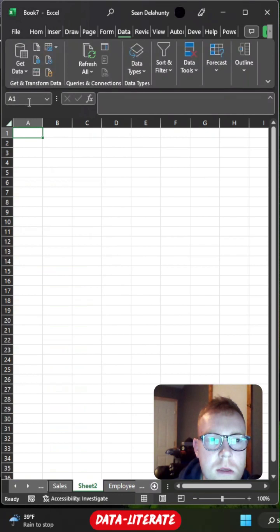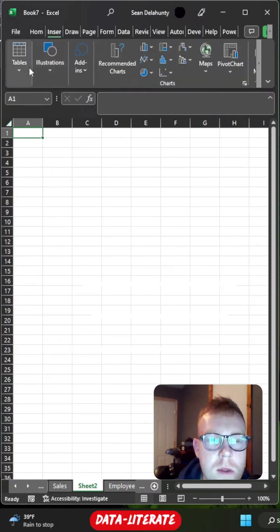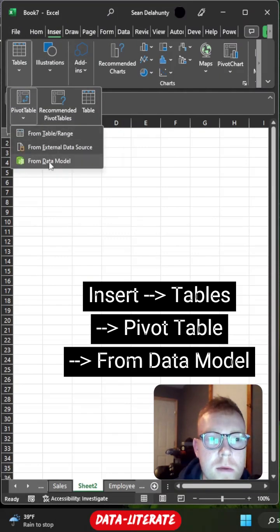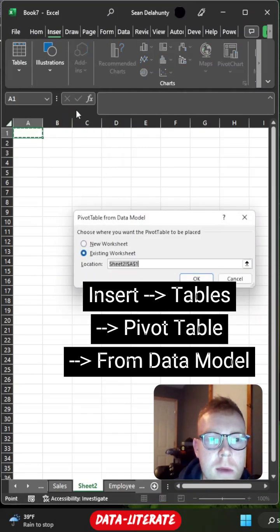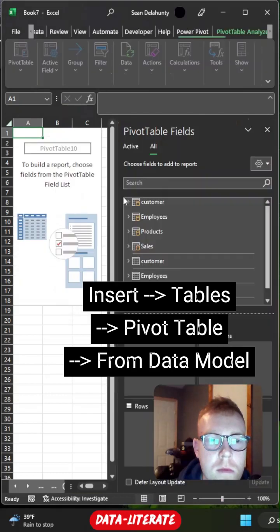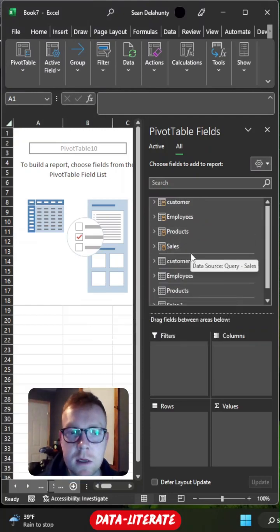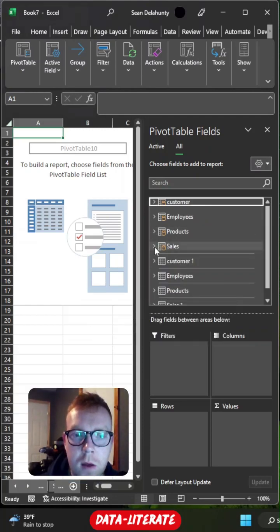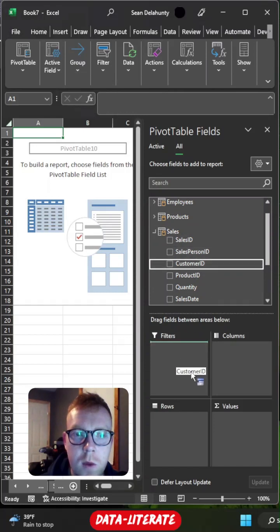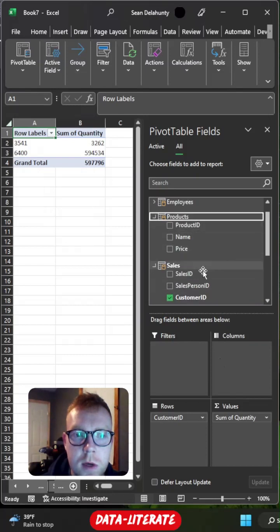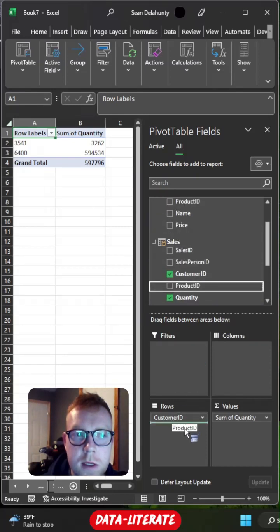From here, we'll hop into a new sheet. We'll go into Insert, and now we can create pivot tables using that data model. So we'll select from our data model. Now that we have our data model in place, we can easily create pivot tables as well as pivot charts. We can now summarize this data. So let's say, for example, we go into our sales table here. We can pull in our customer ID, pull over our quantity. We can go into our products, say pull in the product ID,